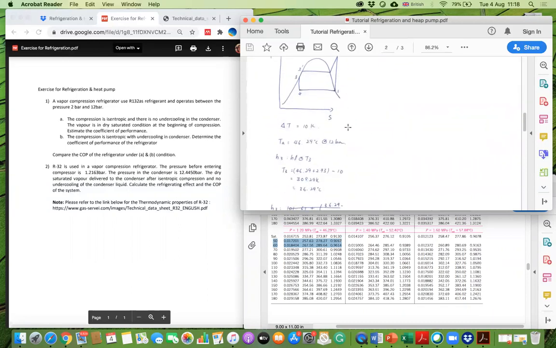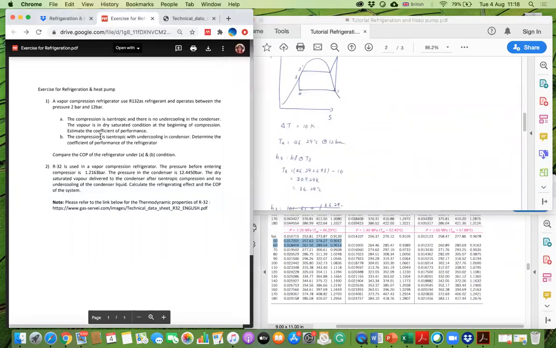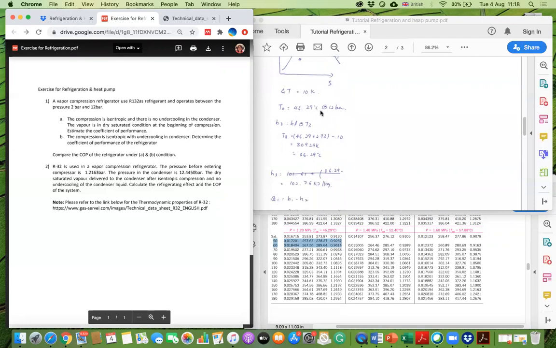Okay, then the next one is compression is isentropic with undercooling in condenser. I'm sorry about that, I forgot to mention the delta T. So let's put it as still 10 degree drop, 10 Kelvin. So then you refer to